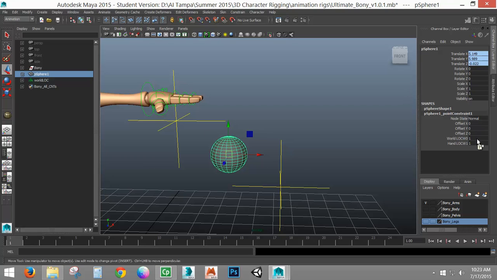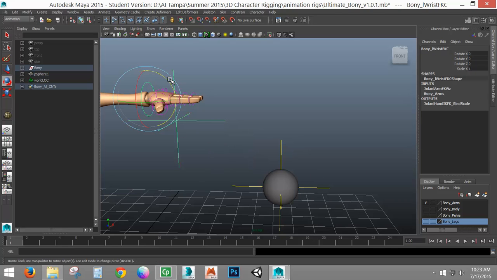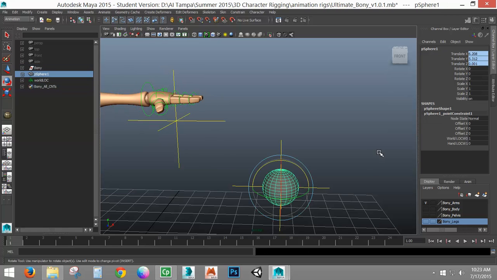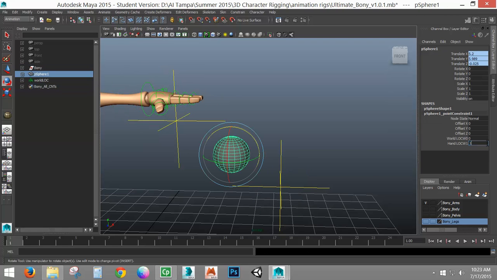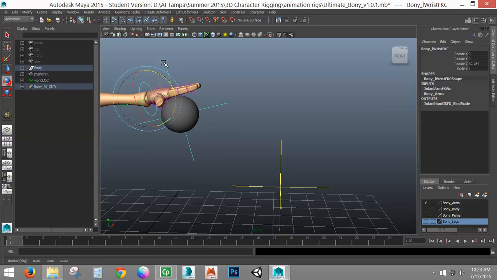That's why it's floating. It's following both locations. So if we start changing these values, you're going to see the ball actually jump back and forth. So if I set world to 1 and hand locator to 0, it jumps back. Now it's only going to follow this locator. I can rotate my wrist and nothing happens. If I do it reverse, I set world to 0, hand to 1. Now it will follow just my hand and not the original locator.